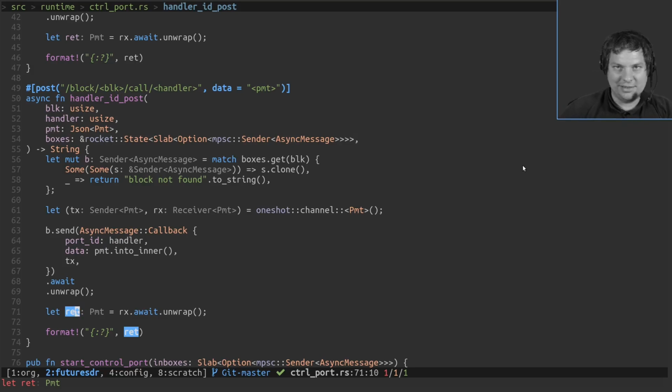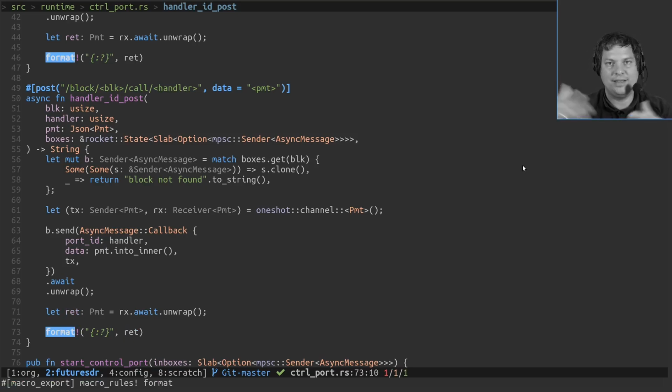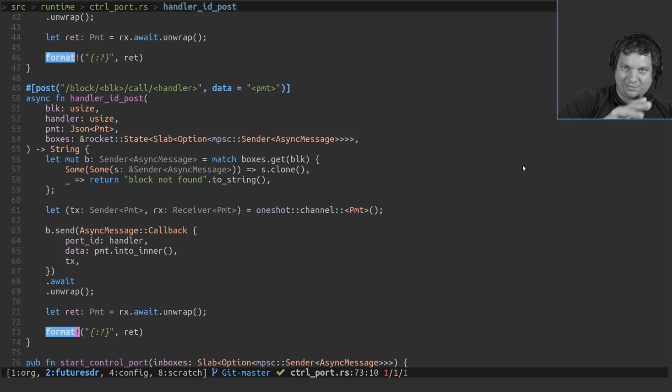We printed it in this case only. So we give back a string that can then be printed. We could also serialize it back, whatever. So it is just a proof of concept, basically. But it's everything that's needed to interface automatically every handler of every block you will ever write. This is something you always have to write once as part of the runtime, and then all blocks you create automatically have the possibility to be called through this REST API.